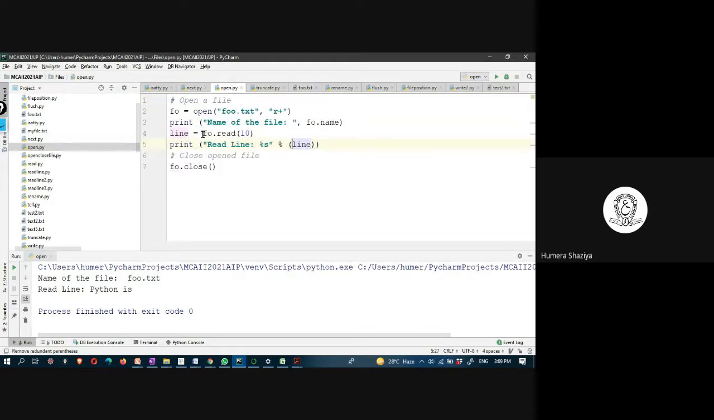This is open. Just open a file name, mode, printing the name of the file, fo.name. fo.read of 10 means 10 characters reading, print read. Line means this line. What is this line? It has got 10 bytes. So open is done. Next,